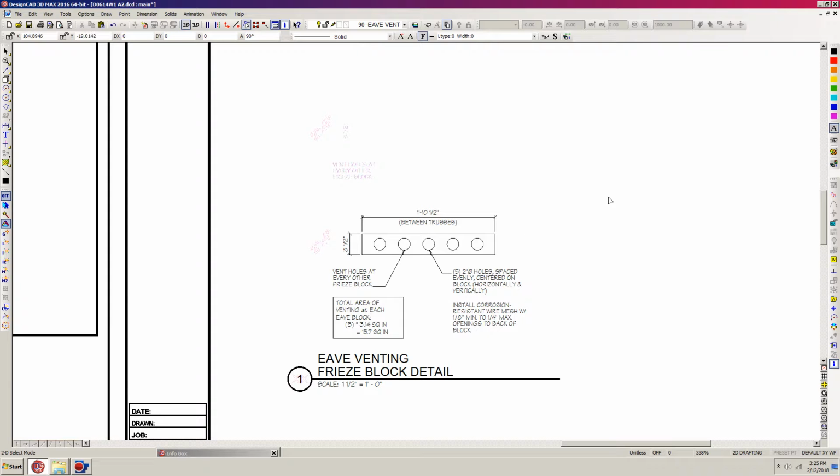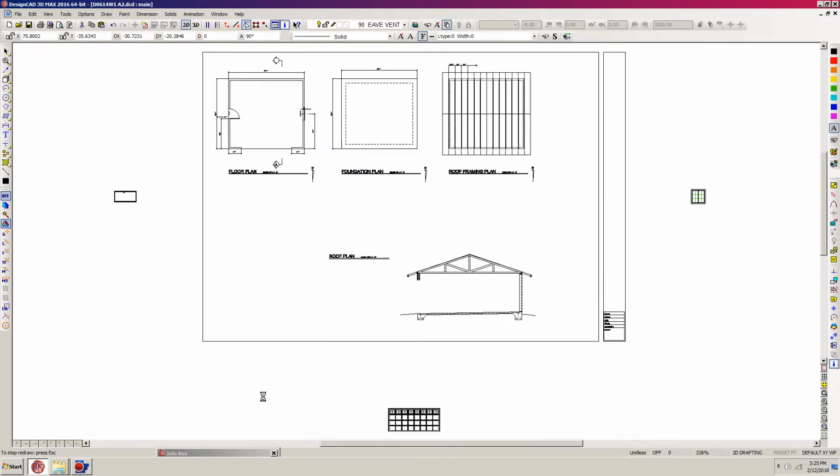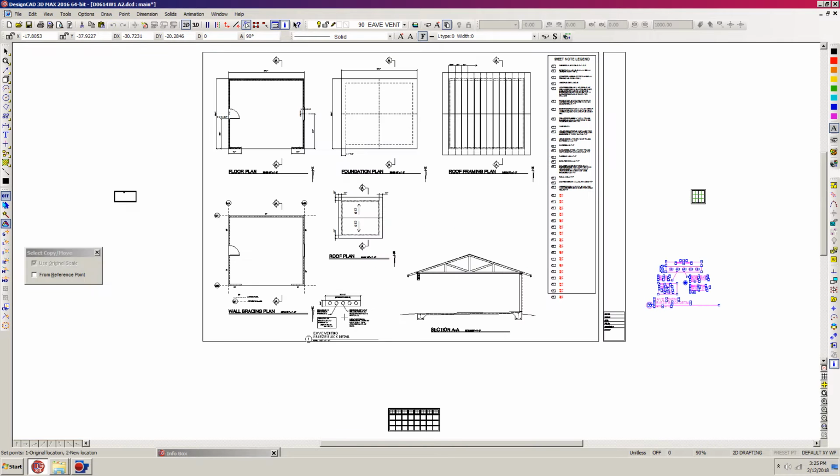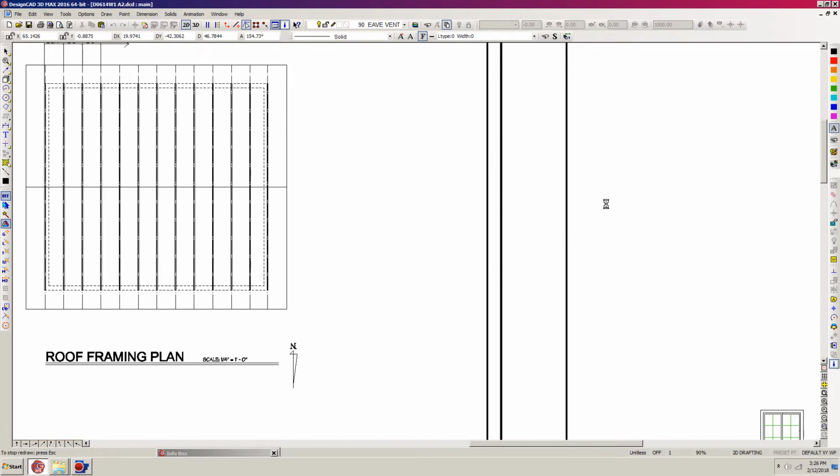So I'm going to select this whole thing and hit Control W to zoom out, and I'm going to hit M for move, and stick this guy right up about here somewhere, and click it in. And so now we have our detail all set, and that detail actually is referred to in one of our sheet notes up here. If I can find it,